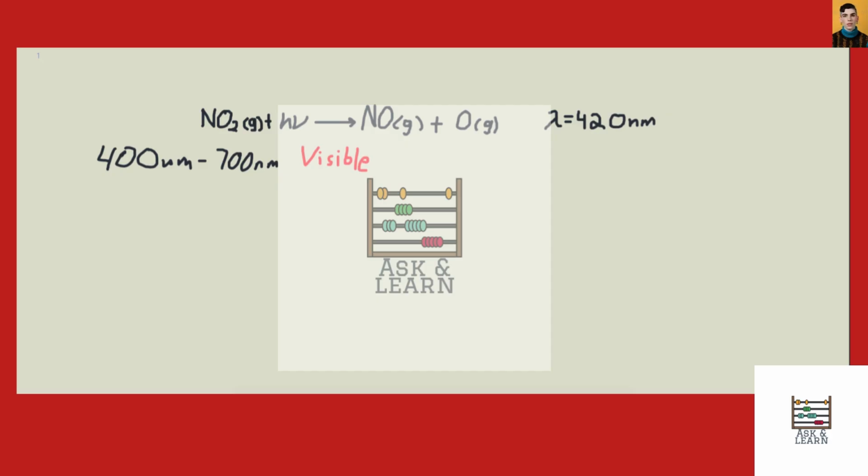So we're just going to use the formula E is equal to hc over lambda. That's the generic formula, but we want it in kilojoules per mole, not just joules. So we're going to put an N here, where N is Avogadro's number. So E is equal to